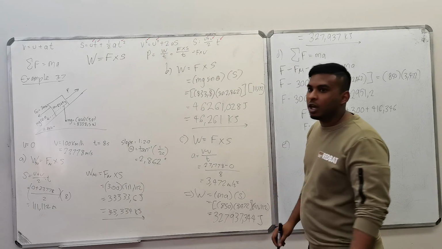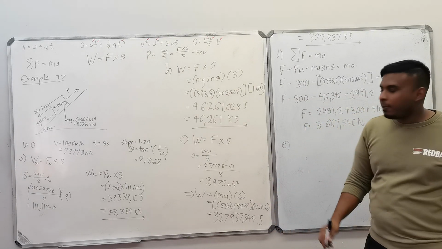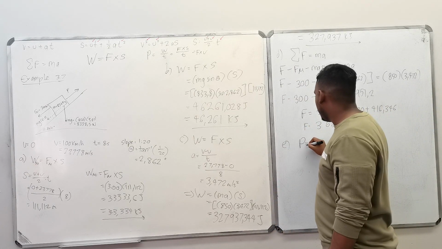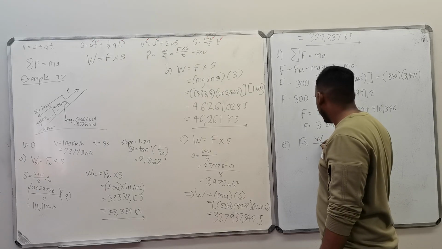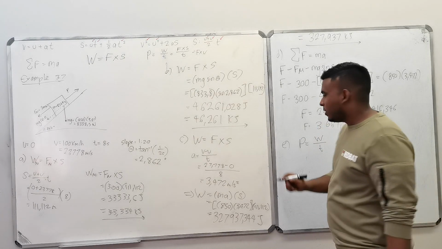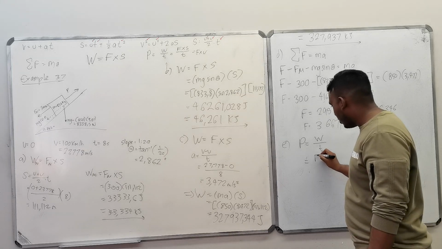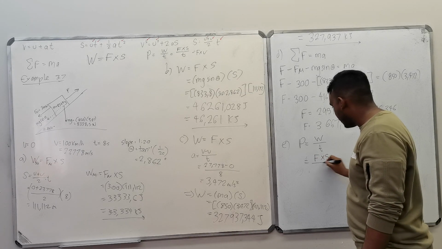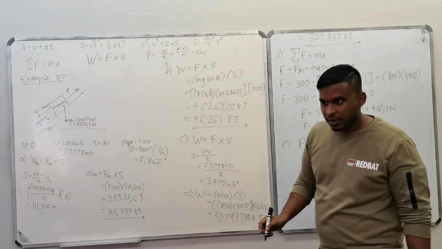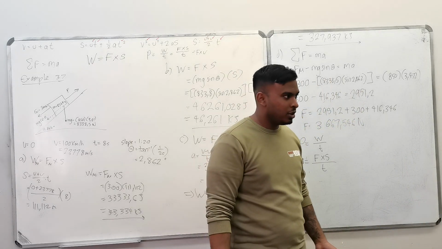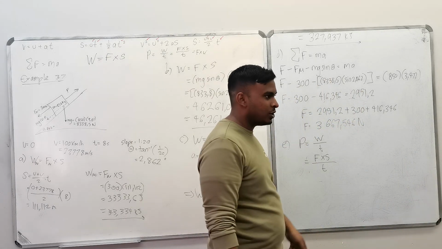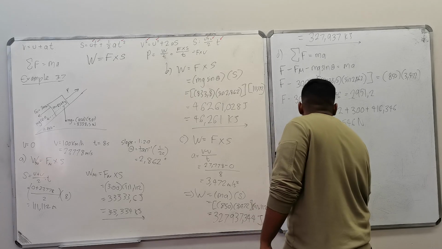E, they ask you to work out the total power. Power is equal to work done all over time, which is force times displacement all over time. Which force are they talking about? Which is what we worked out there. So when you're doing this, you would have said